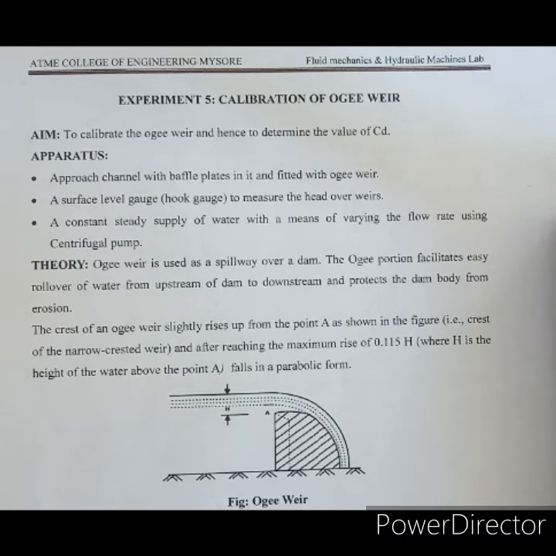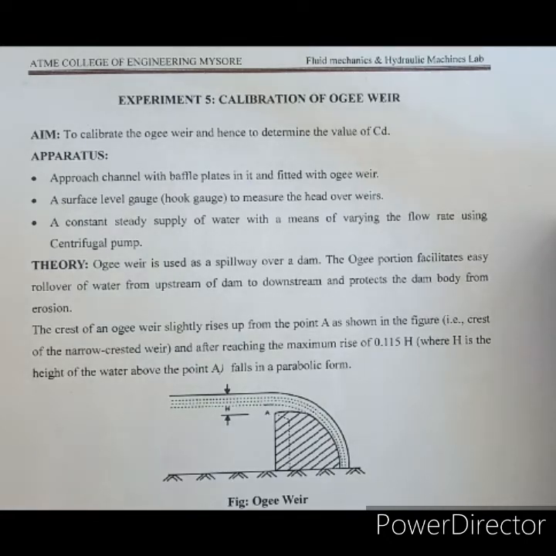A weir is an obstruction which is constructed across a channel. Weirs can be classified based on shape into two types: one is the broad-crested weir and the other is the ogee weir. Ogee weir is used as a spillway over a dam. The ogee portion facilitates easy rollover of water from upstream of the dam to the downstream and protects the dam body